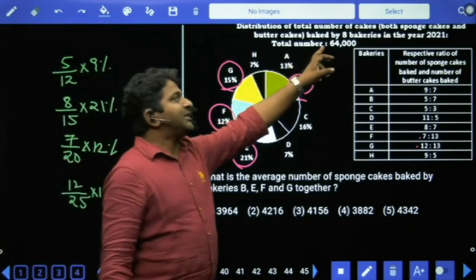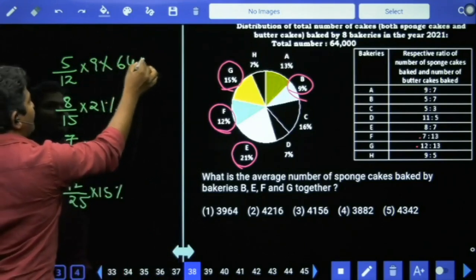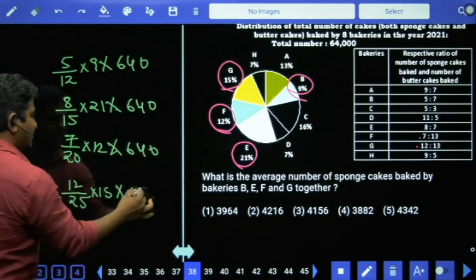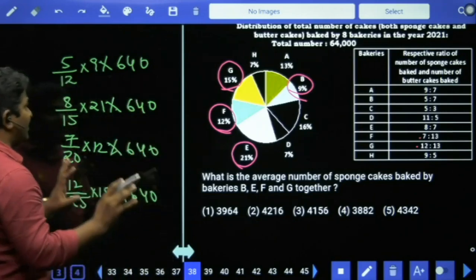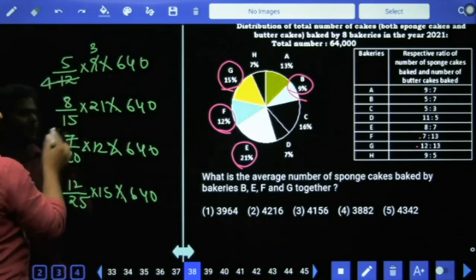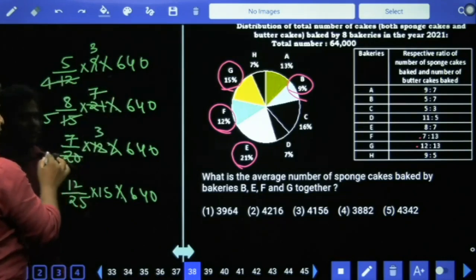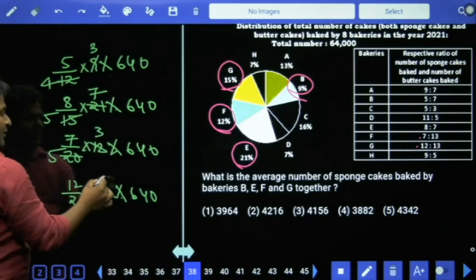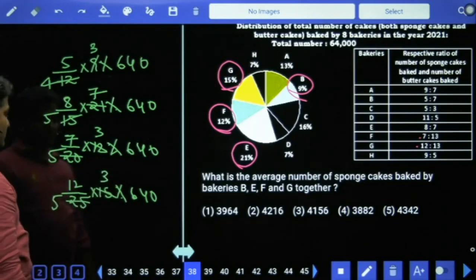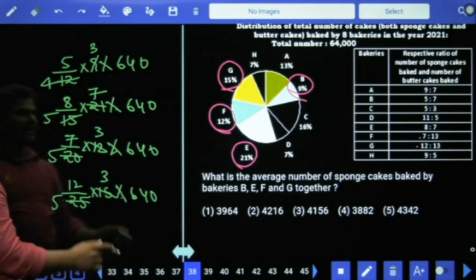Where every 1% is equal to 640. So if you want to calculate, it is into 640 each time. Anyway, we are not going to touch this. Let us try to answer without doing that. 3 times and then 4 times. 3 5 times and then 3 7 times. 4 3 times, 4 5 times. 5 3 times, 5 5 times. So now, yeah, simplification is compulsory. Definitely that is required.